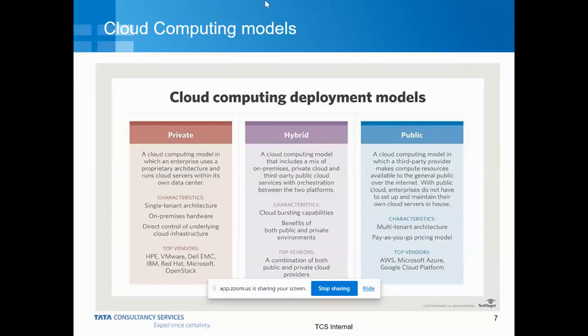Some of the reasons why we use this concept of hybrid is something called cloud bursting. So what do you mean by cloud bursting? For example, I have a capacity in my on-prem which is assigned to me, and I have come to the maximum level of my on-prem capacity. If I have to procure, it takes a lot of time, because I have to order, it can be Dell people or HP people, and they will take the time to come and install their servers. So when such a situation arises,